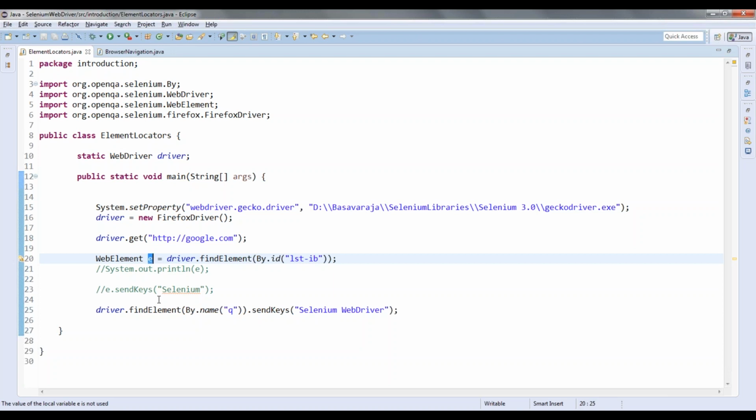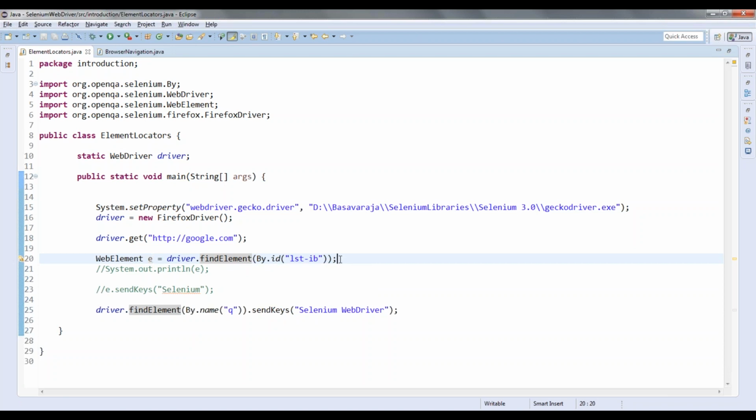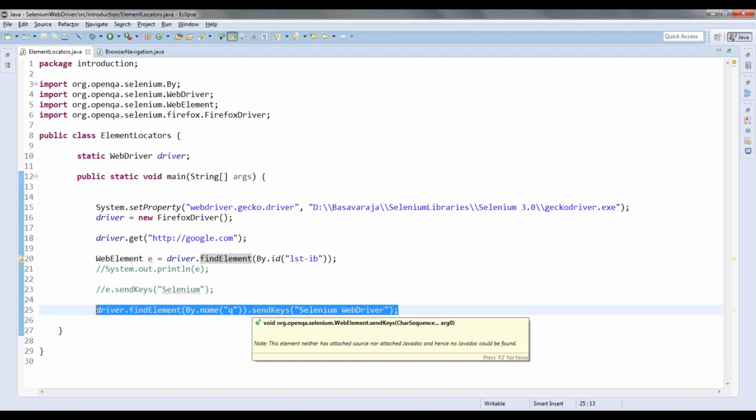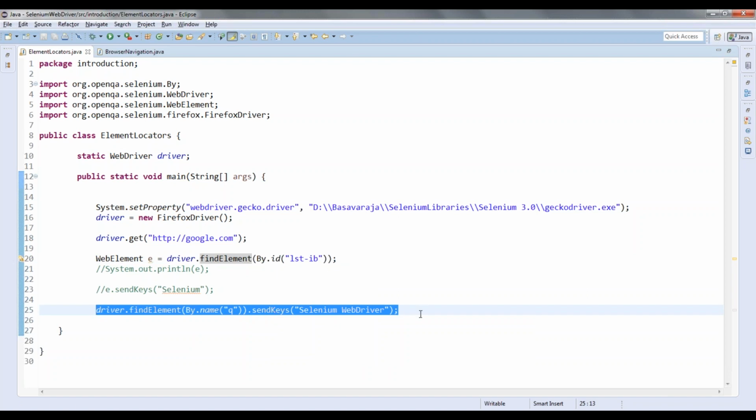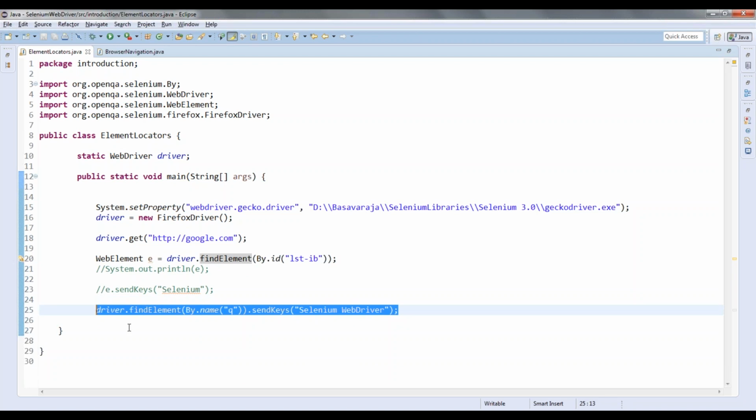So if there are repetitive operations, we should store. And if I have find elements, then I have to store it in a list; that time I will be using a list of web elements. But for a single element, if it is not repetitive, or if you don't perform any operation on that particular element again, then don't store it; instead you can execute directly here.